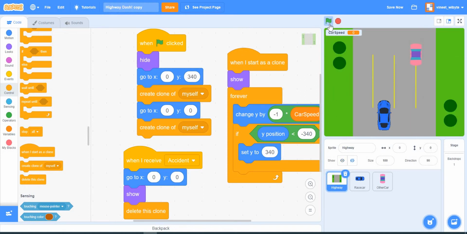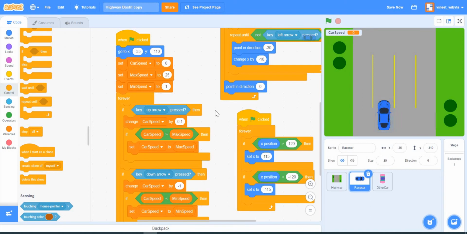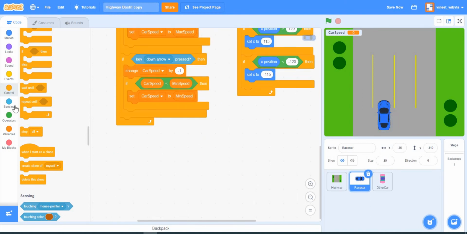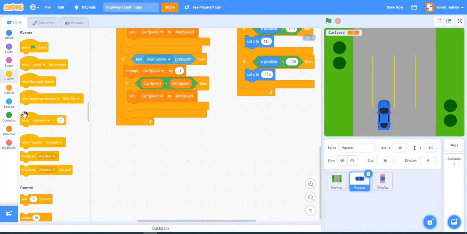Now, what happens to the race car when I receive accident? When the race car receives accident, I want this to become completely still. I do not want the car to move, and nothing should happen. So on the race car, I'll say when I receive accident, which means I've gone and hit something.